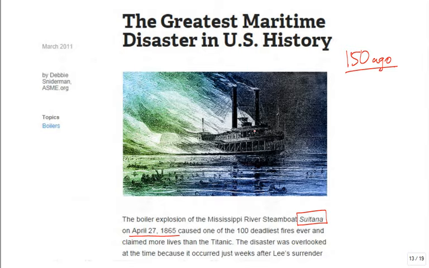Anyway, it blew up and it caused a lot of damage. This big chunk of heavy metal, I don't know, hundreds of pounds or tons, shot through a building and blew through walls. Didn't kill anybody, I think. I think it was thankful that nobody was there when it blew up. But you still see steam boiler explosions in the United States or in different parts of the world, even today,